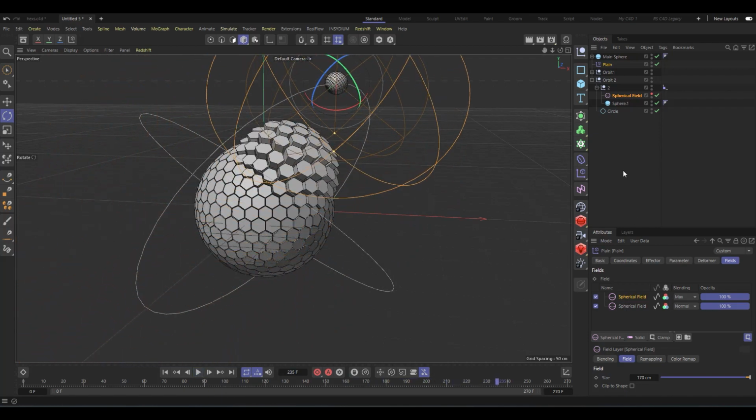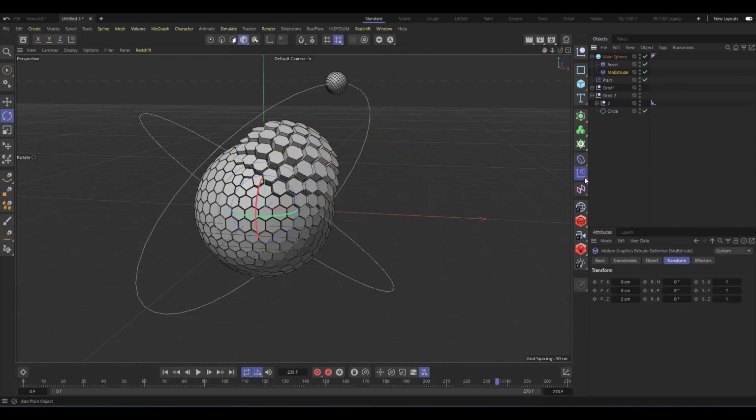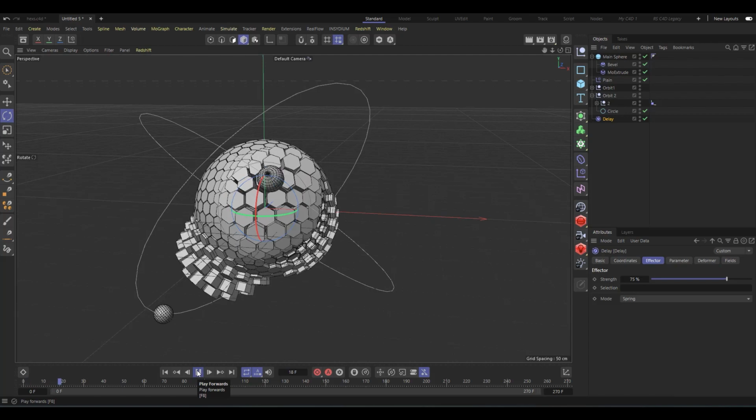Now the next thing is we have to add a little bit of bounciness, or a little bit of trail after everything has been moved. So we select, come into our object, the main sphere, the MoExtrude, and I'll come into my effectors and I'll choose delay, right? The delay effector. I'll set the mode, come to the parameters, change the mode to spring, and I'll probably increase it a little bit, like say 75, and now it should give us a little bit of